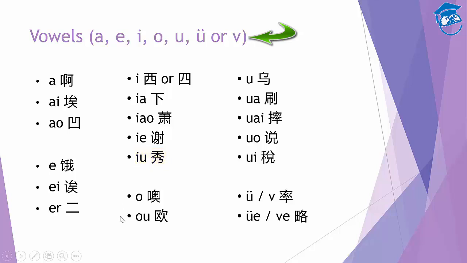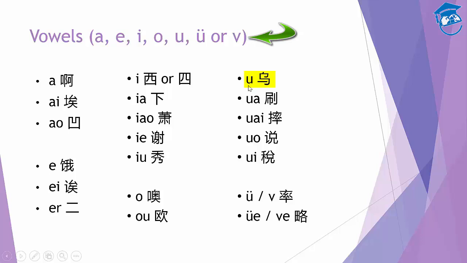And the next group is o sound, and this is pronounced as o. And when it's combined with u sound here, it becomes o. Okay, so there's a difference between o and o sound here. Okay, and the next one is